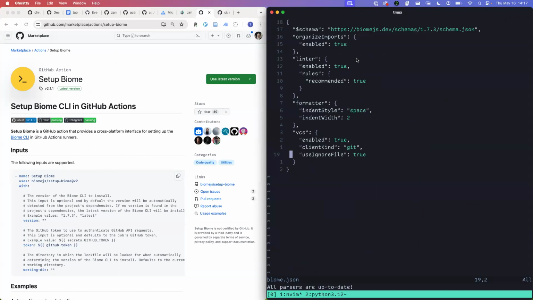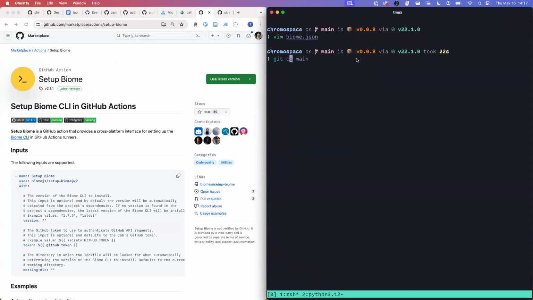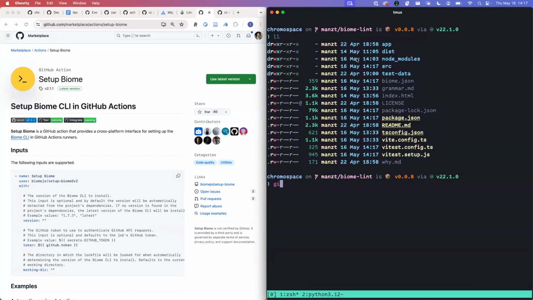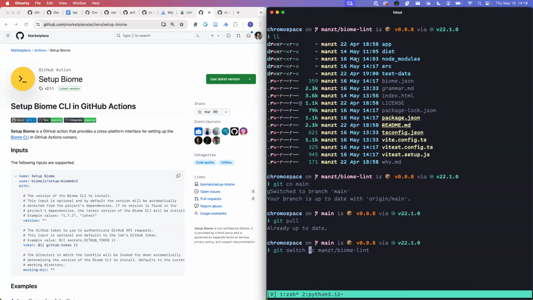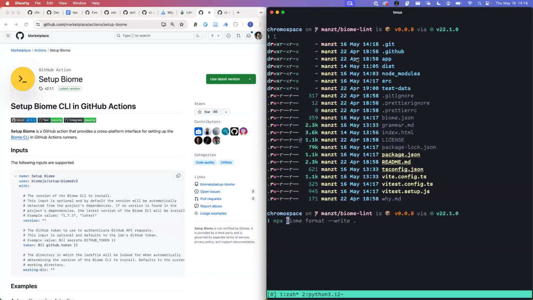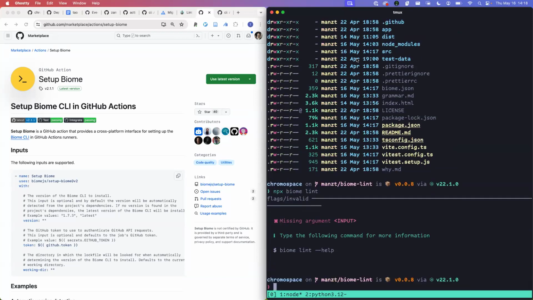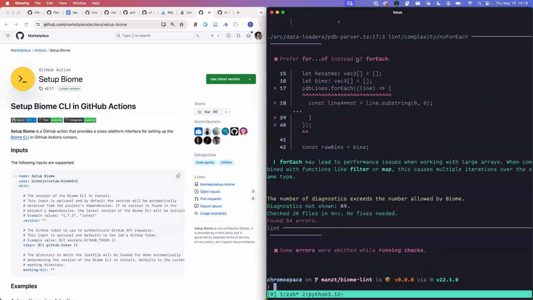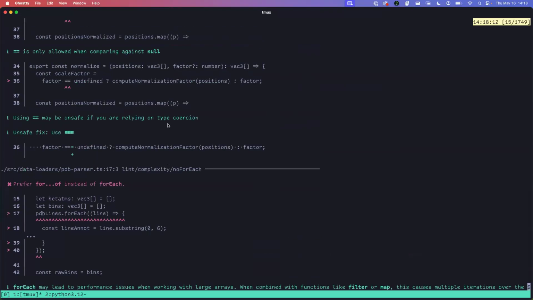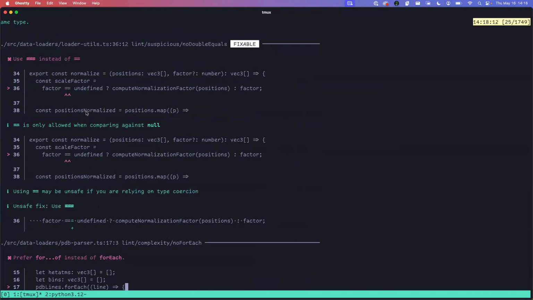I see, nice. So let's check out our git switch branch, biome lint. I guess maybe the last branch wasn't the best. Okay, so now if we run npx biome lint, I think we should get a bunch with this. And this is where it ends up getting a bit opinionated about things, so these are some that I would even say